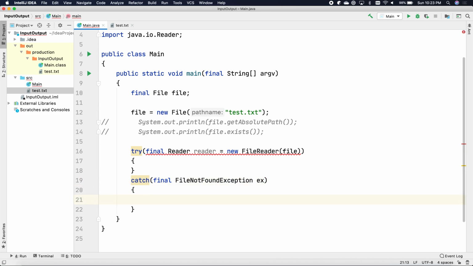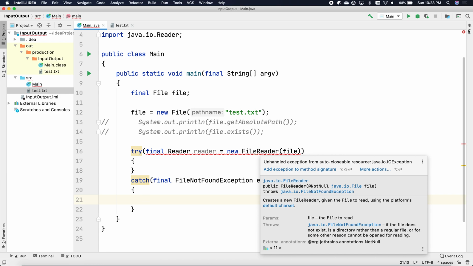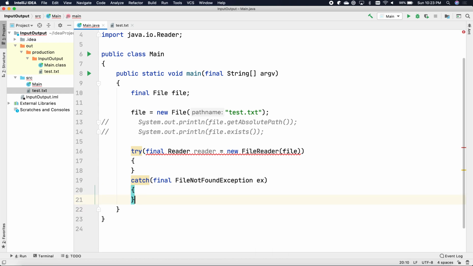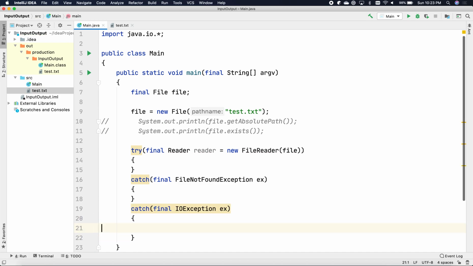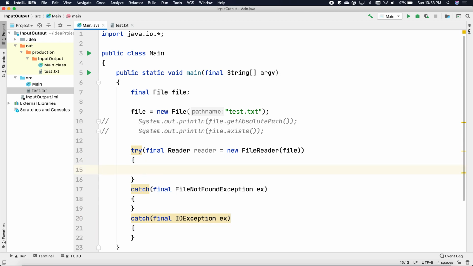And this is what I was saying. It's perfectly expected that when you go to deal with opening up a file, that the file doesn't actually exist. Also, when you close a file, it can have an I/O exception. So what we want to do is